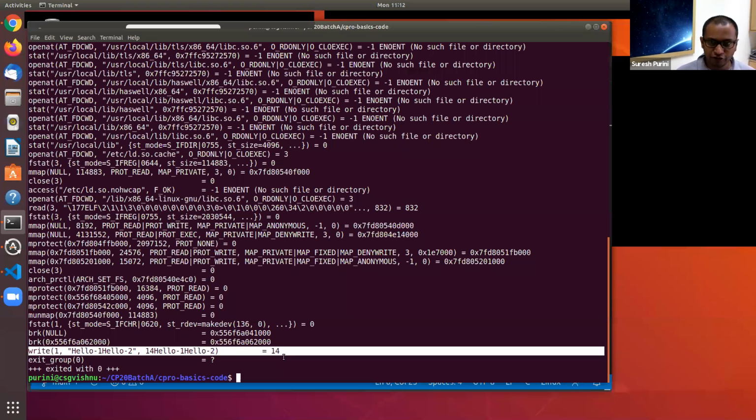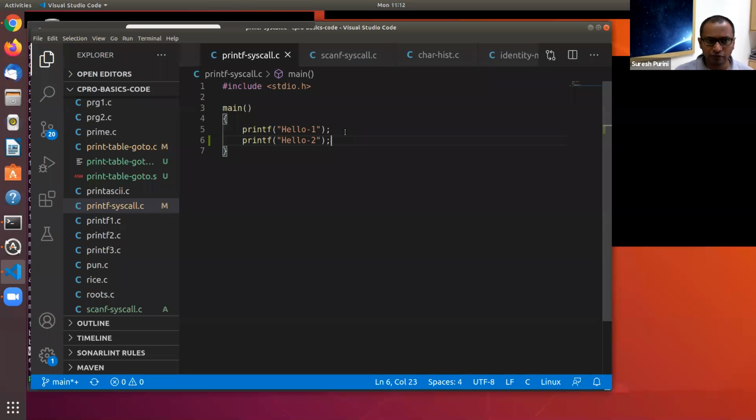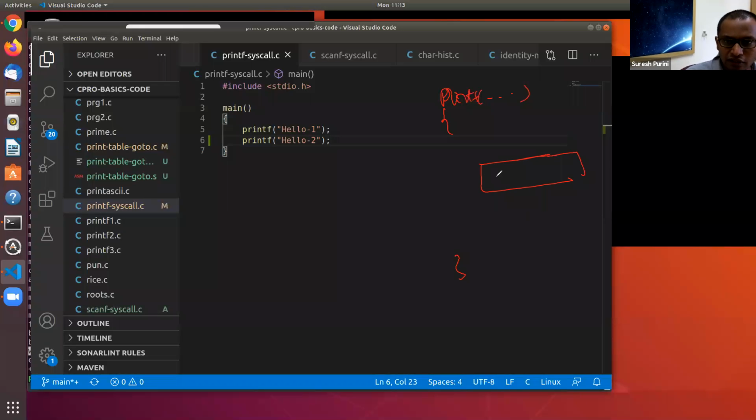Again, for the sake of clarity, this is an extremely simple program where we are calling printf 2 times. But what printf is doing is, printf function has an internal buffer inside it. When you made a call to printf for the first time, let's say this is your printf function somewhere present, it stores your hello one internally.